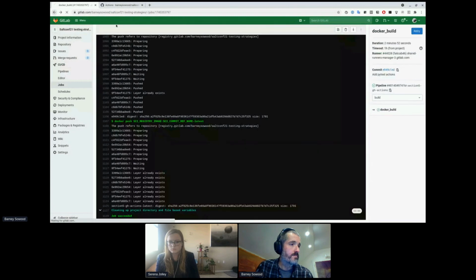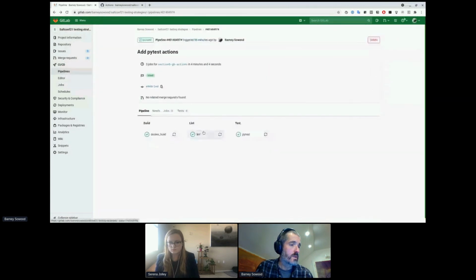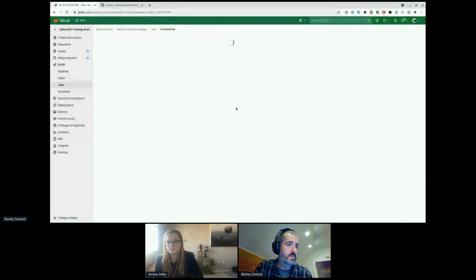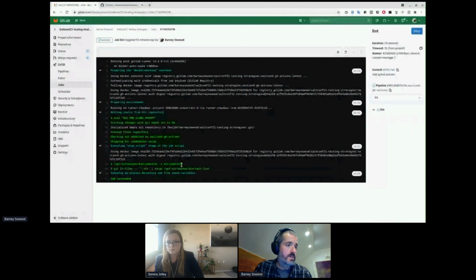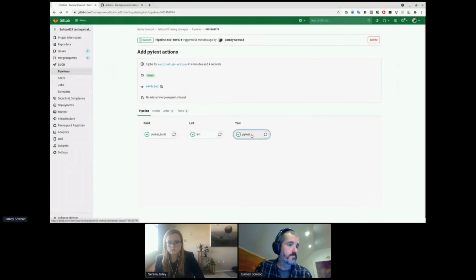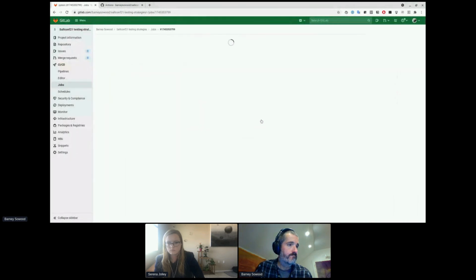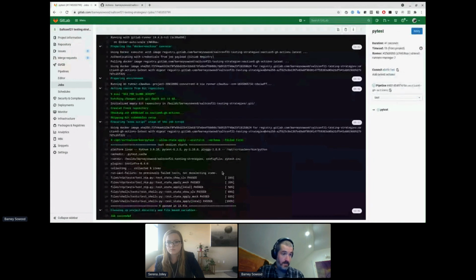You then have a stage that just runs the linting, just as we were doing manually before, called YAML lint and Salt lint. And then finally, we have a stage that runs our pytest and Testinfra tests. So as you can see, it actually runs the state apply and validates that that works.